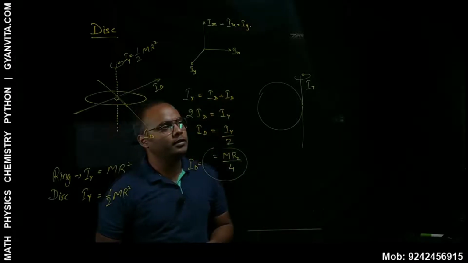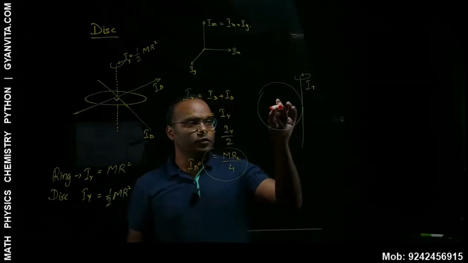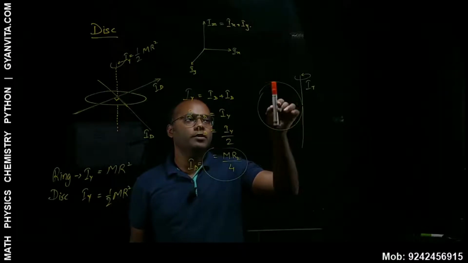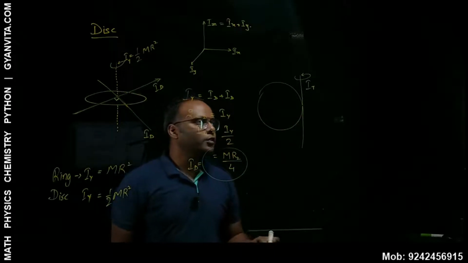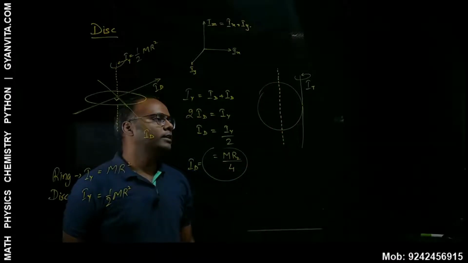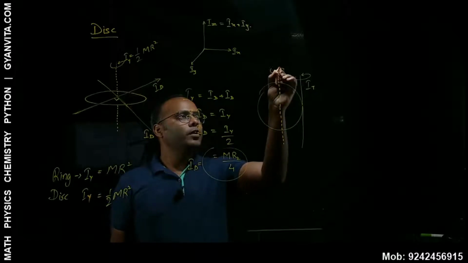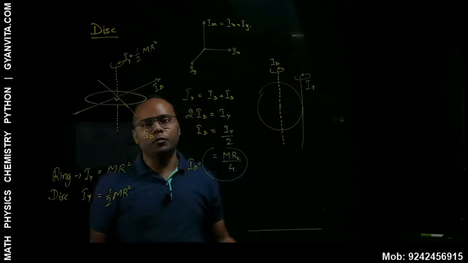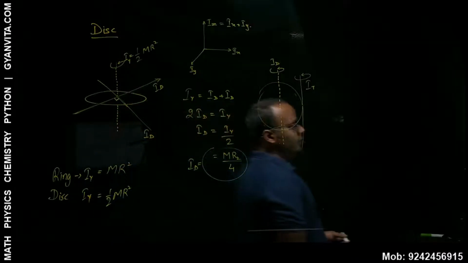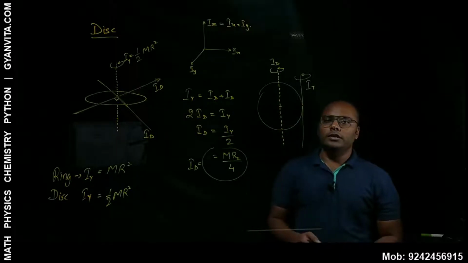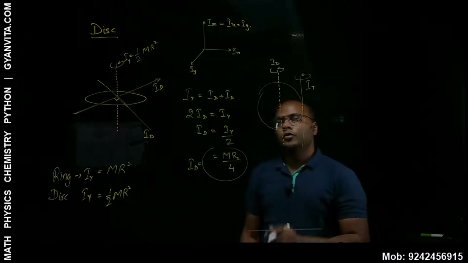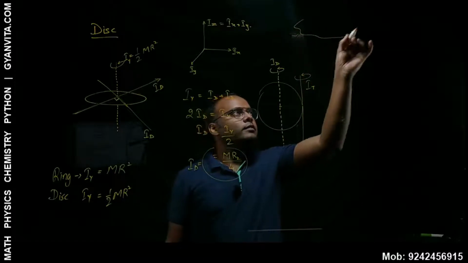Now how to find that? What all we know? We actually know the moment of inertia about the center. We know the moment of inertia along the diameter. So what we do is, we consider the axis along the diameter, because we already know the moment of inertia here. The moment of inertia along the diameter we know, and the diameter is a line which passes through the center of the disk. That means it actually passes through the center of mass of the disk. So the reason behind this is we want to apply the